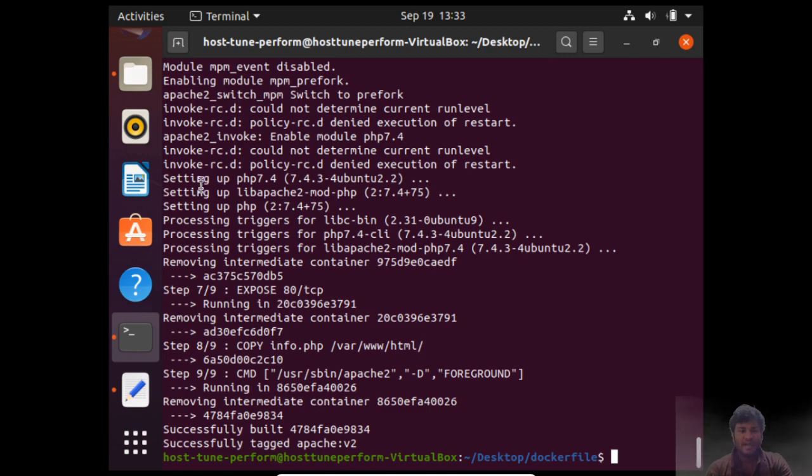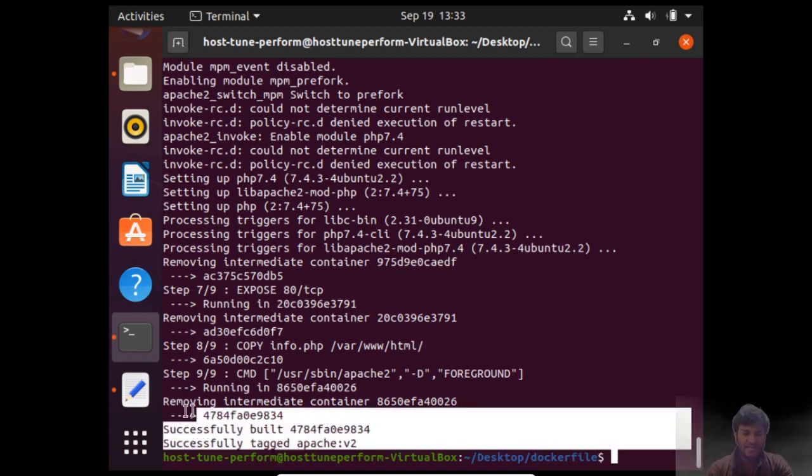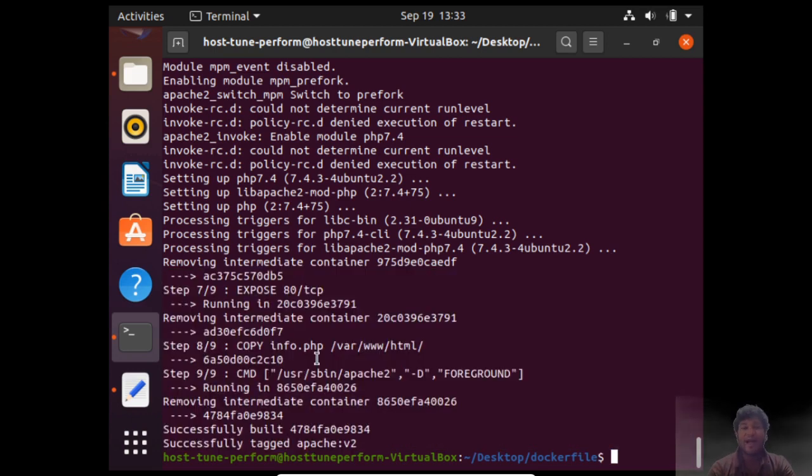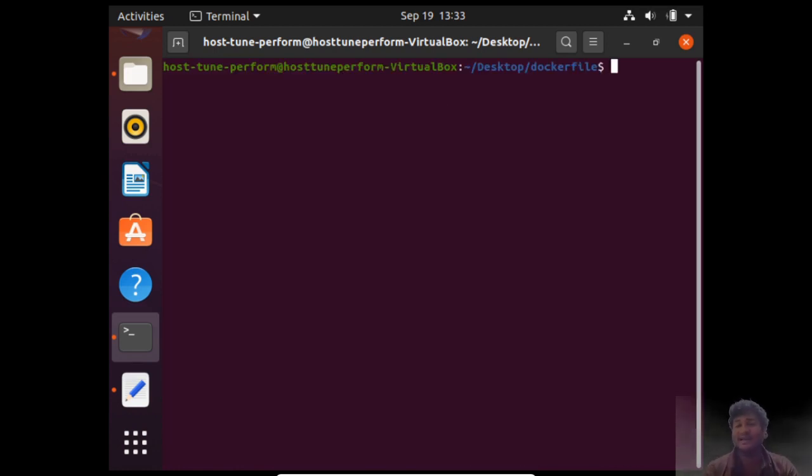So if you see up on my screen, we are able to see that we have successfully built this image and we have no error while building up this image. So we have built up this image. It does not mean that it will successfully run Apache. So what I mean is we will just get clearer.